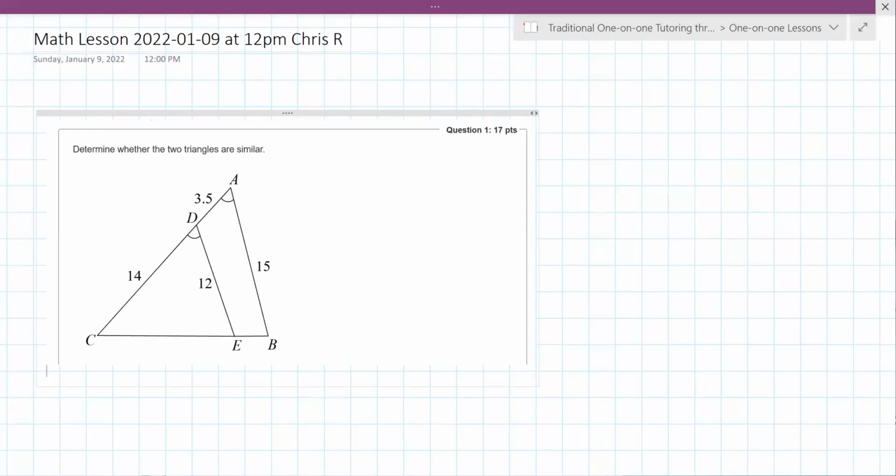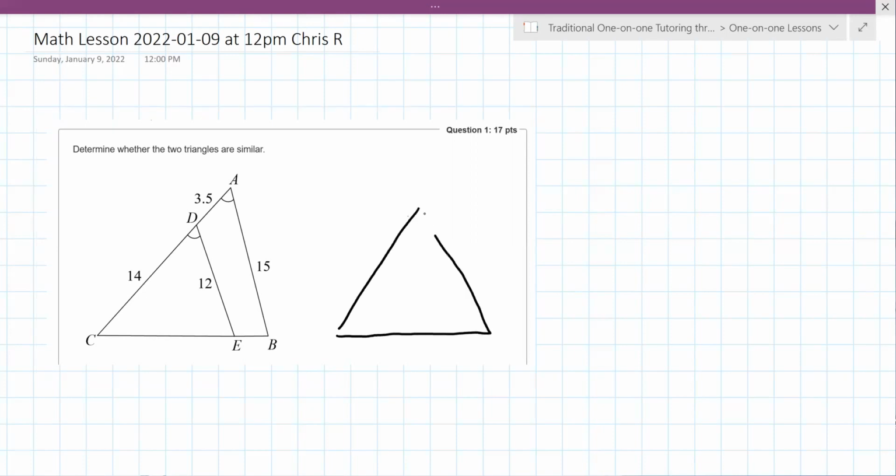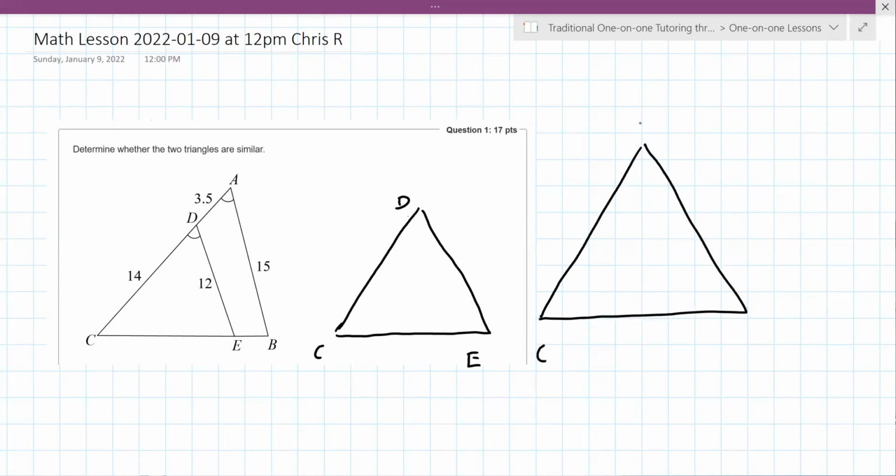It says determine whether the two triangles are similar. Okay, so for clarity here, it's this triangle CDE, and then the big triangle is CAB. Now, do you see that they share an angle? Yes. Okay. Now, the next thing we have to figure out, see, this is 14, and we don't know,